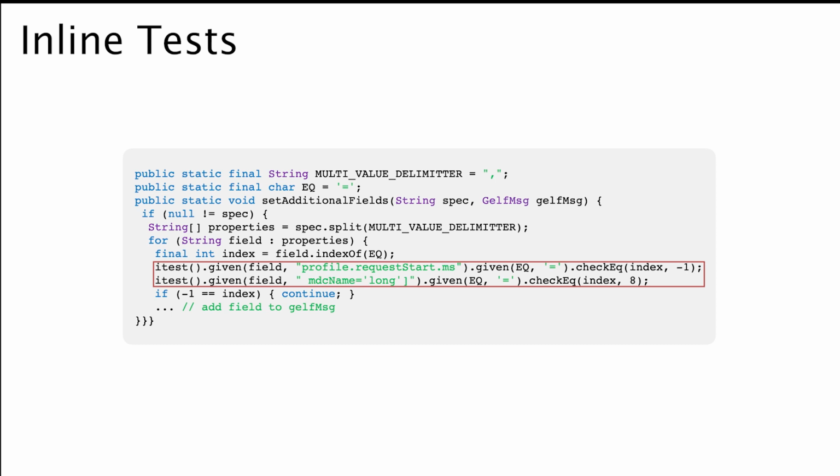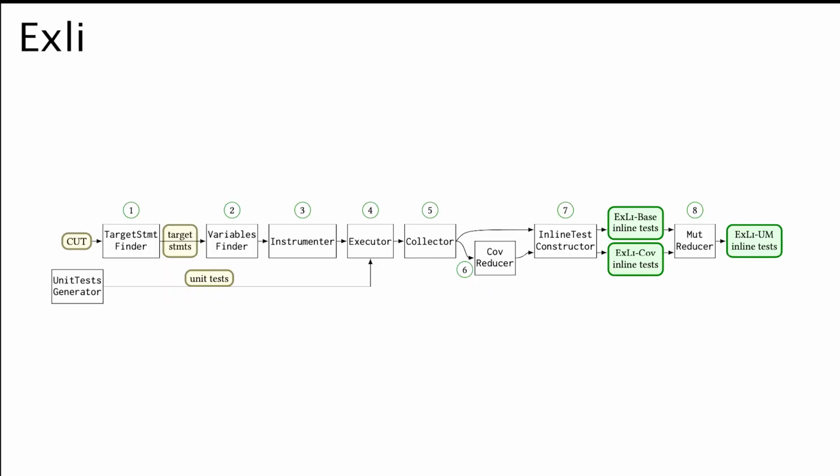So what if we could automatically extract inline tests from code under test? In that effort, we introduce Exli. Exli starts off by being provided with code under test, which then passes through a target statement finder block, which identifies target statements to be tested, followed by a variables finder, which identifies all the variables that appear in the context of the target statement, which is then followed up by an instrumenter, which instruments this code under test so that